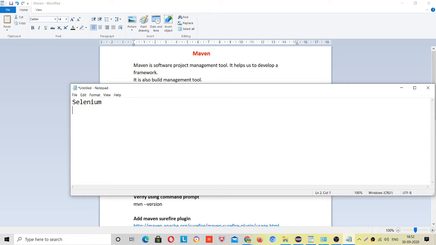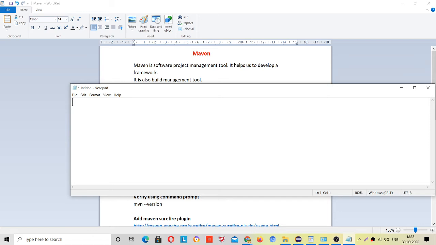If you want to work with Excel sheets, you just have to add the Apache POI dependencies, and it will add all the jar files. You don't need to go and search in Google and download the Apache POI jar file. No, Maven will search the whole internet and download it for you, right? So dependencies are basically to download your jar files, right?